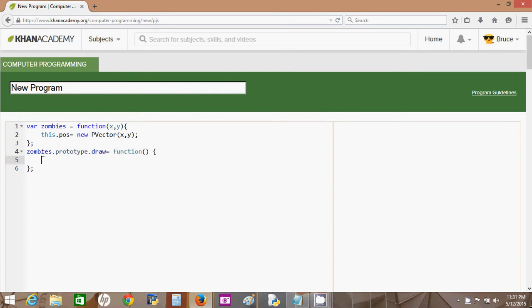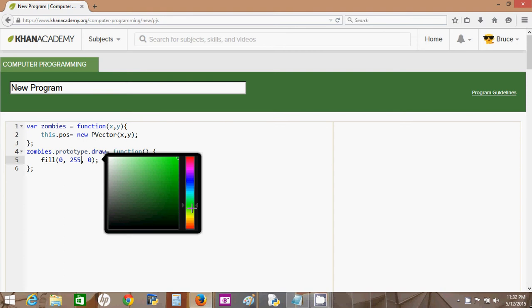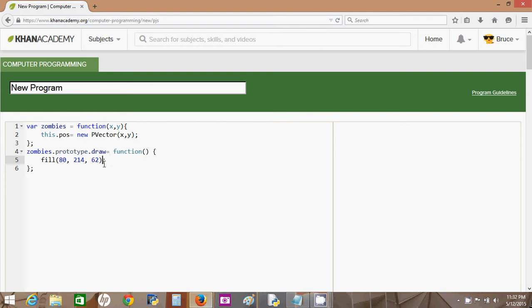Let's fill the zombies a green color. Remember RGB. So 0 red, all green, 0 blue is a solid green. And just to be a little bit obtuse, I'll just pick a different green color. Okay, so